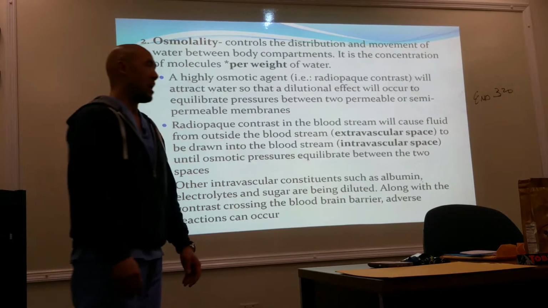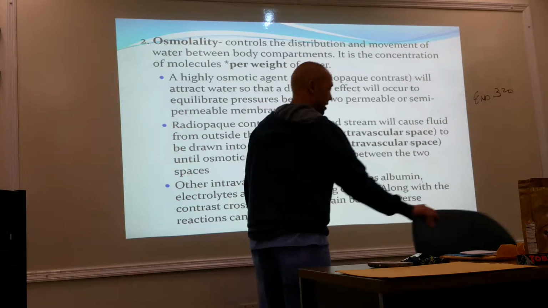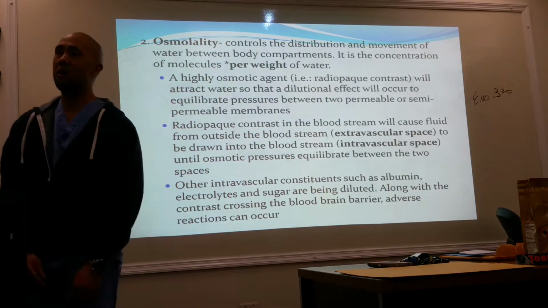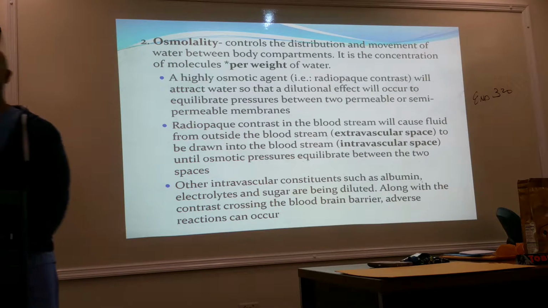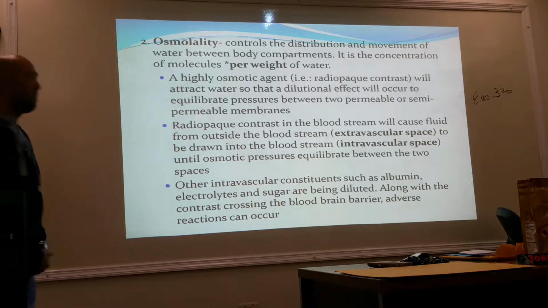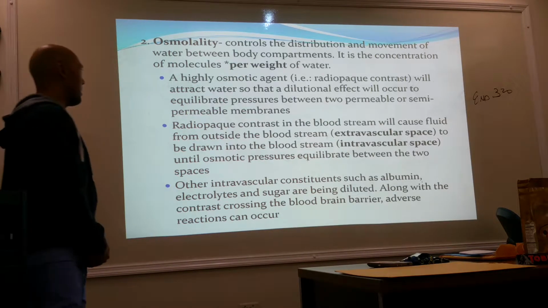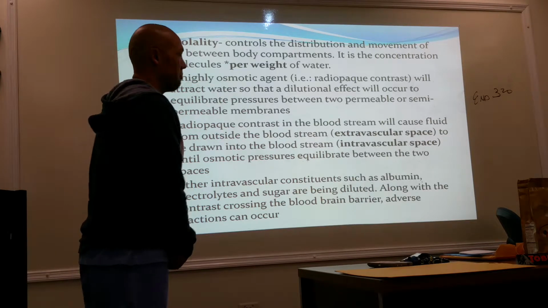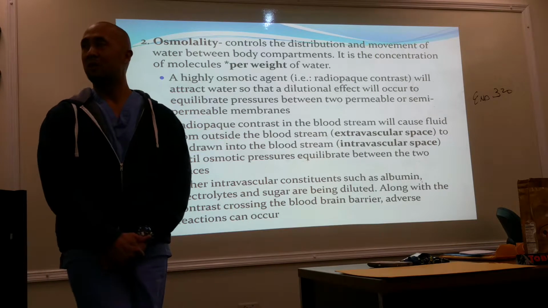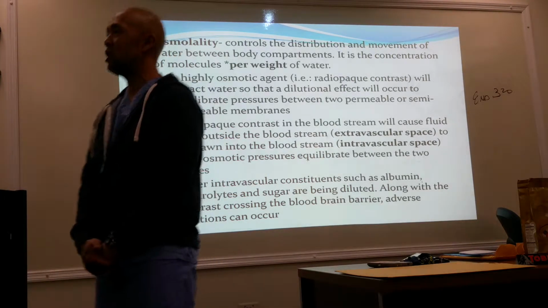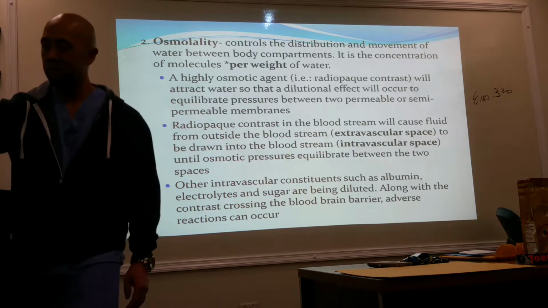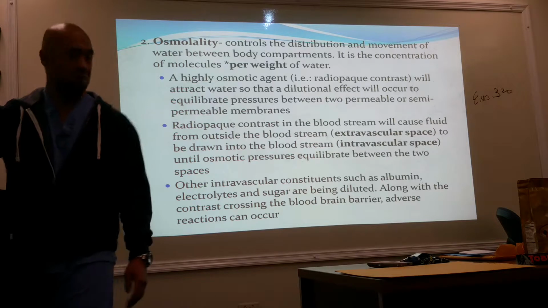Next one here is osmolality. Osmolality controls the distribution and movement of water between body compartments. It is the concentration of molecules per weight of water. So what does that mean? Well, a highly osmotic agent, such as radio-opaque contrast, will attract water so that dilutional effects will occur to equilibrate pressures between two semi-permeable membranes. So what happens is, again, this is going back to